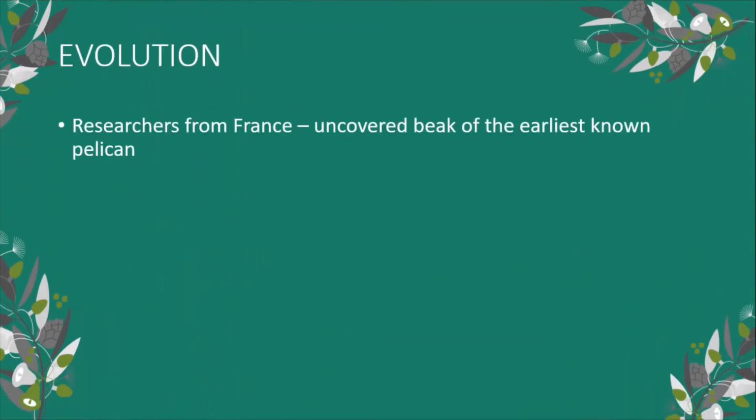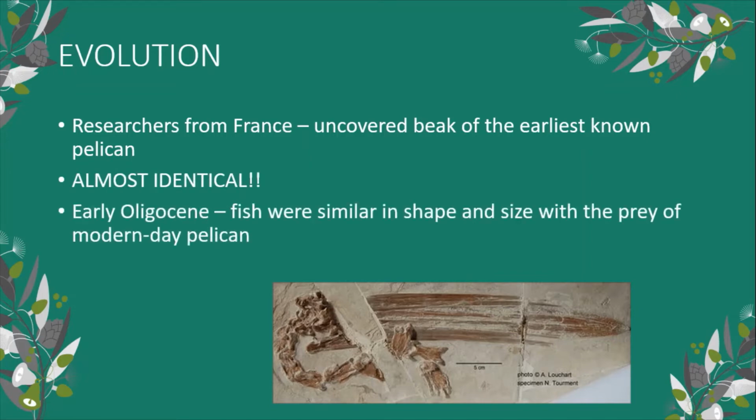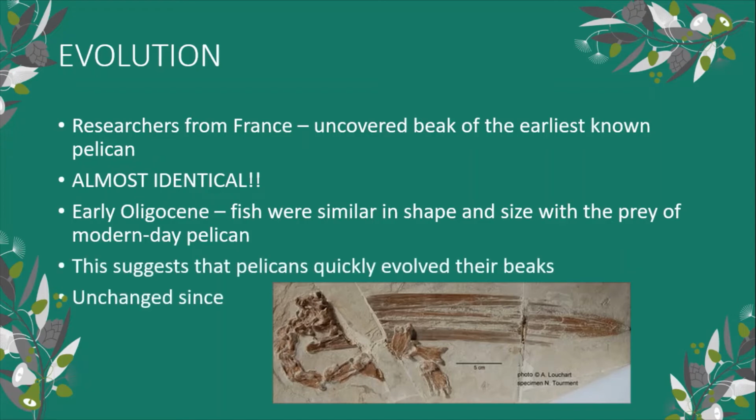Researchers from France have uncovered the fossil of a beak of the earliest known pelican, and what's surprising is that it's almost identical to the modern species. In the early Oligocene, the fish were of similar shape and size to the prey of the modern-day pelican. This suggests that pelicans quickly evolved their huge beaks and have maintained them almost unchanged since, because they are optimal